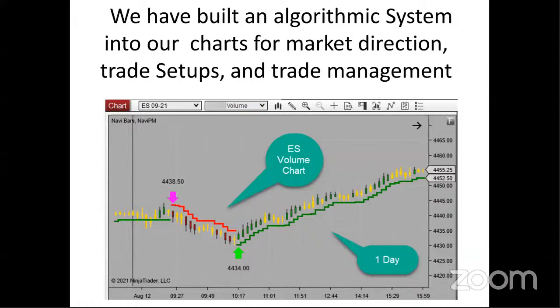But you can see on the screen, these charts are very intuitive. You can see we automate the signals. The magenta arrow is a sell signal. The green arrow is the buy signal. Okay, there's also a line above the red price bars and below the green price bars. That is our NaviPM indicator. It's a proprietary indicator. One of the things that I like about our charts is you don't need a lot of indicators. Really only 2 indicators on this screen. Our price bars are actually an indicator. They're called Navi bars. The line above or below the price bars is called the NaviPM signal line.